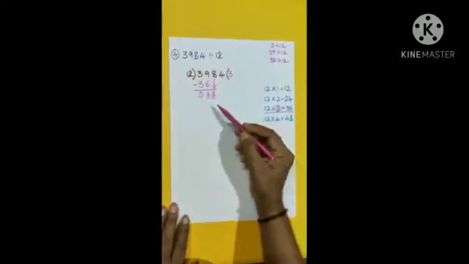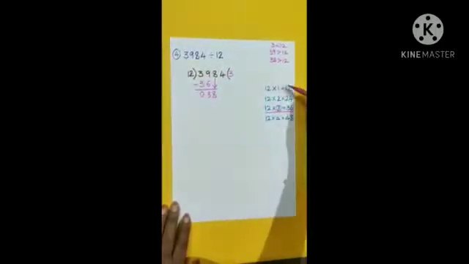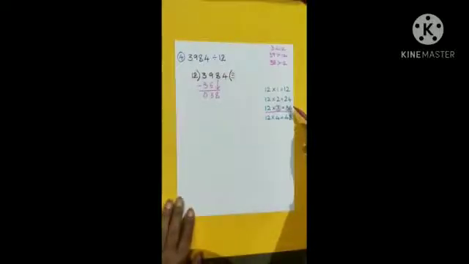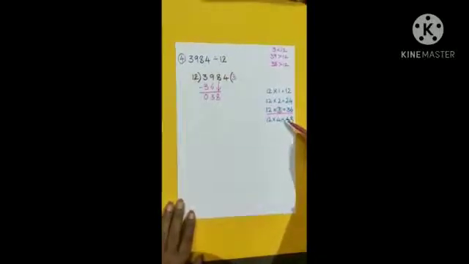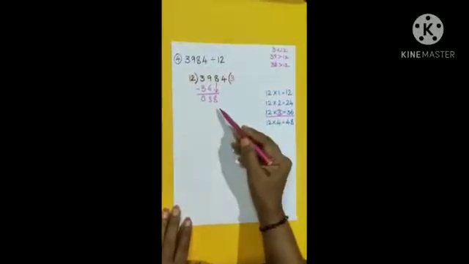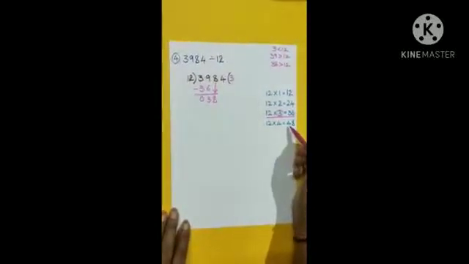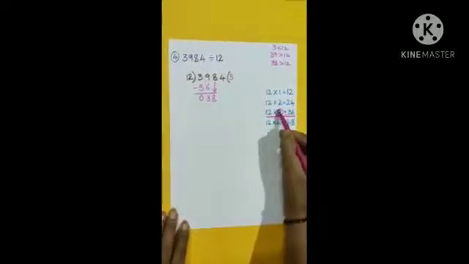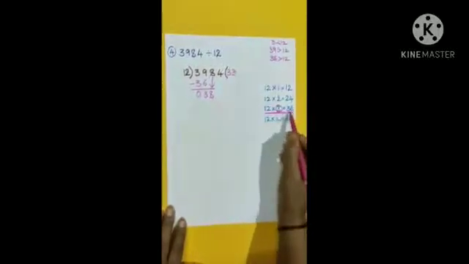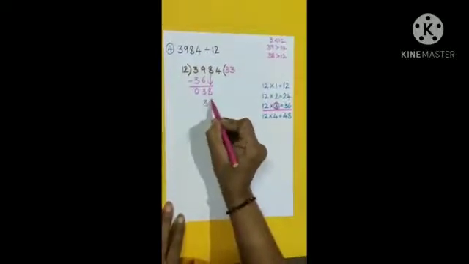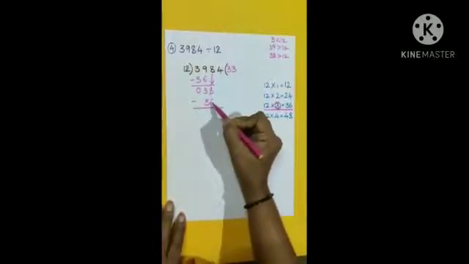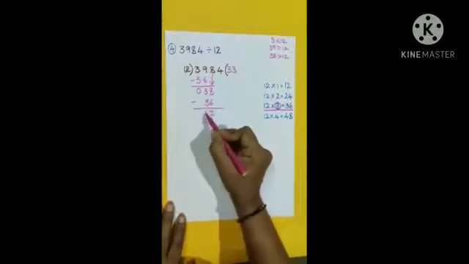And therefore we can divide 38 by 12. Again we use the table of 12 to find the product which is equal to and nearest to 38. 38 is nearest to 48 and 36. Since 48 is greater than 38, we cannot take 12 fours are 48. We have to take 12 threes are 36. We write 3 in the quotient and 36 under 38 and subtract. 8 minus 6, 2. 3 minus 3, 0.